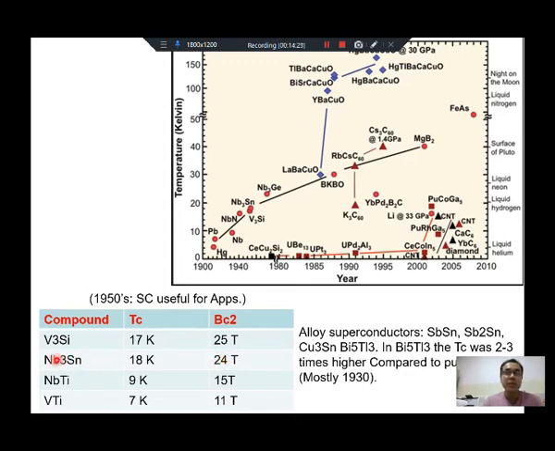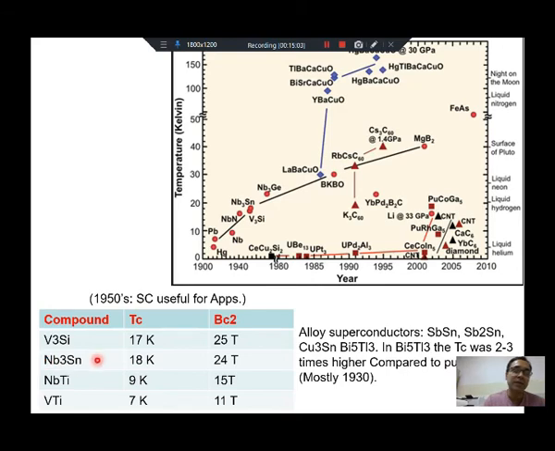You can use this to make very high field magnets of a few tens of teslas. Okay, you can use niobium 3 tin to design magnets which can operate up to a few tens of teslas. They are unlike electromagnets, they don't generate heat. Okay, because you are not using copper, a normal metal which is going to heat up when you send in large currents. These can take in a few hundreds of amps of current, okay, and generate no dissipation. Okay, so magnet technology has received a big boost